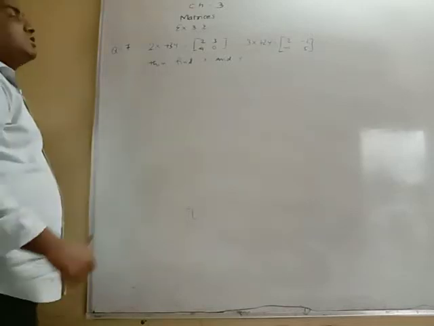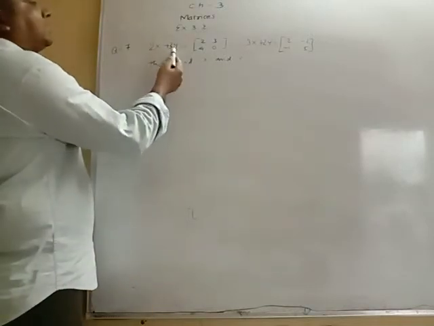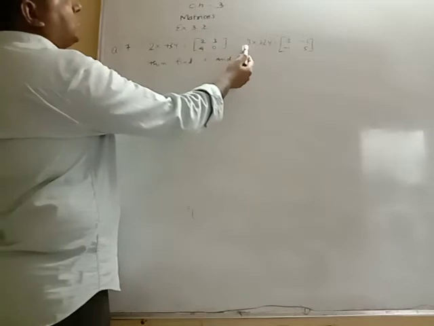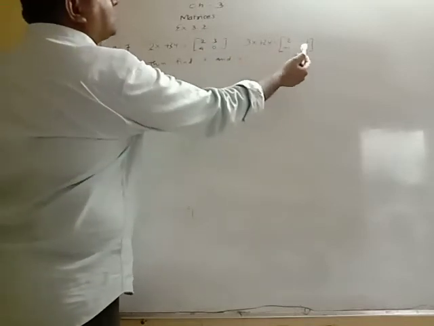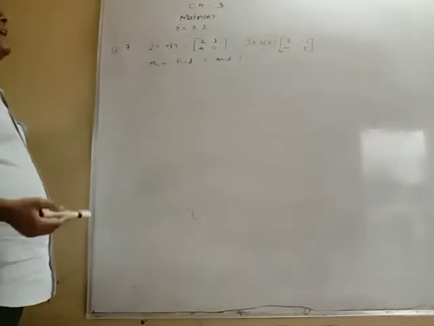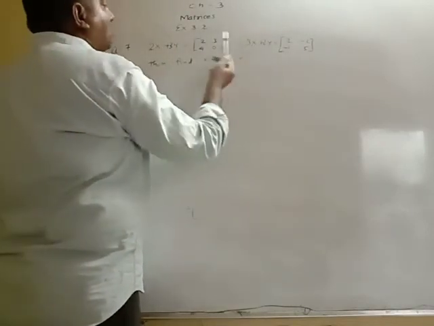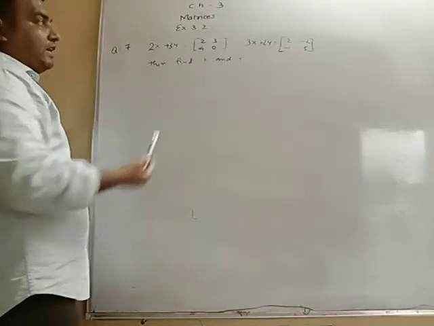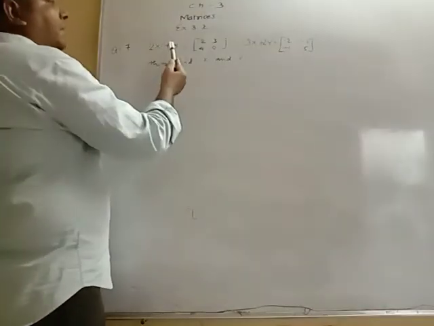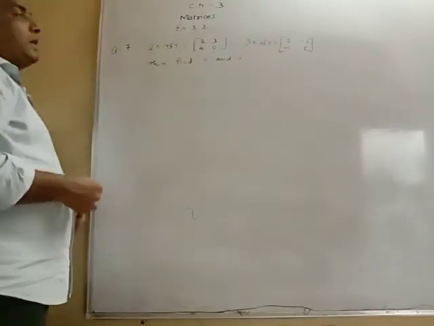Question 7, second question: given that 2x plus 3y equals 2340 and 3x plus 2y equals 2, minus 2, minus 1, 5, then find x and y. So here the y variable coefficient is 3, here 2. So to make the coefficient of y equal, equation 1 is multiplied by 2 and equation 2 is multiplied by 3.